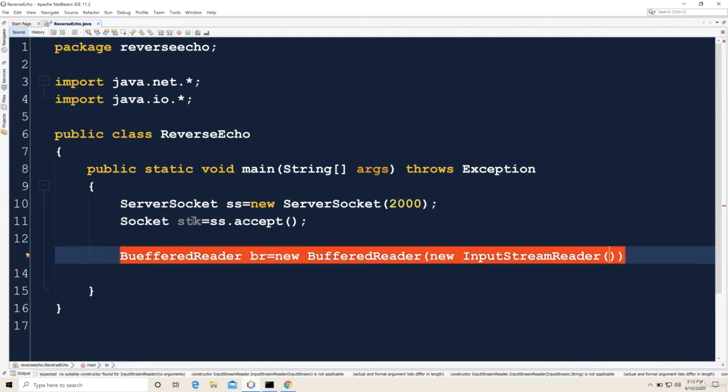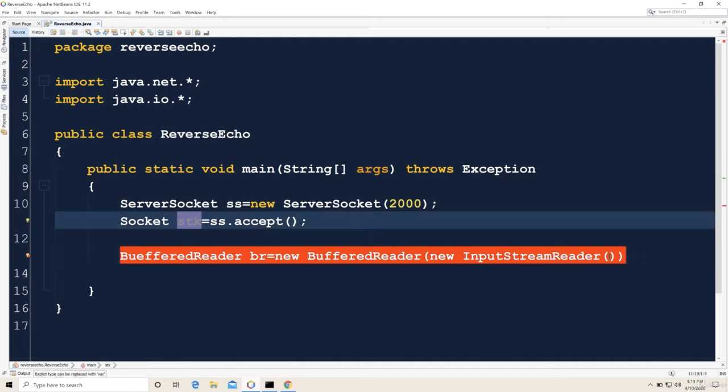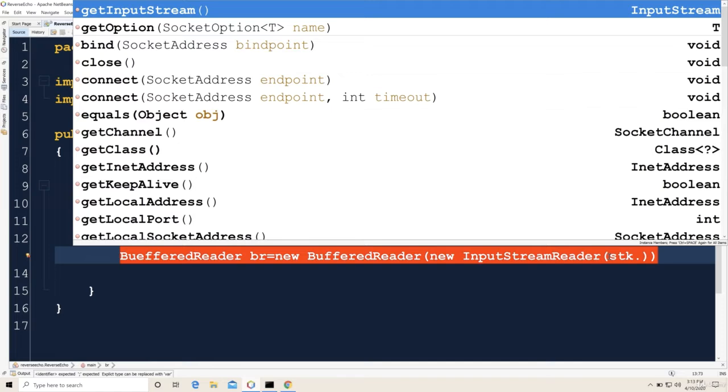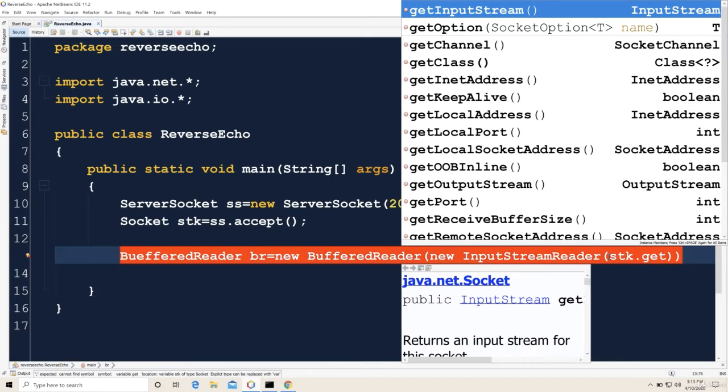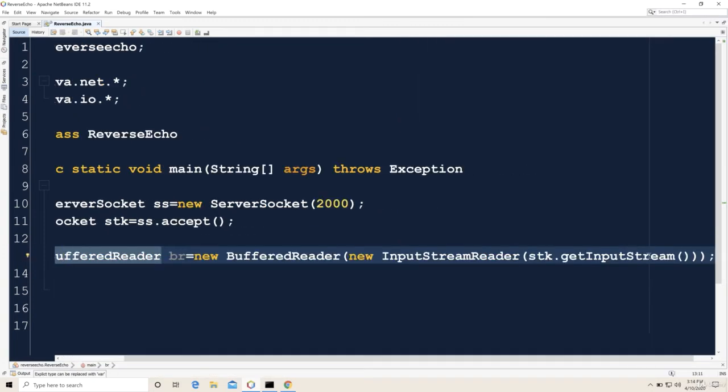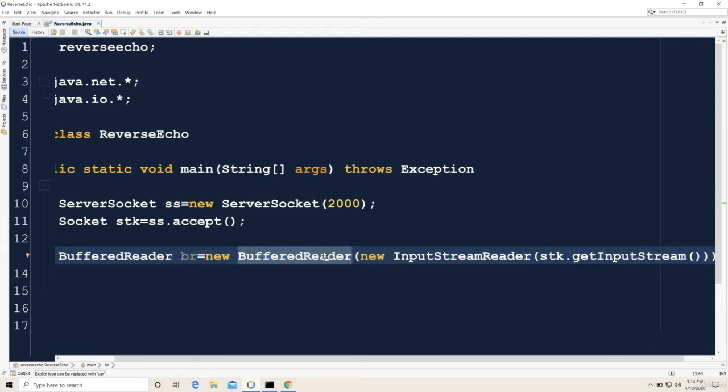Then from where do we want the stream? From the socket, from here. From here we want the input stream. STK dot, now see the methods. First method you can see getInputStream. So that's it. This is the line. I will read it for you. From a socket, get the input stream. Convert the input stream into a reader by using a class called InputStreamReader. So I am creating an object of that class and attaching to it the input stream that is coming from the socket. And this InputStreamReader is given to BufferedReader so that we can read a complete line